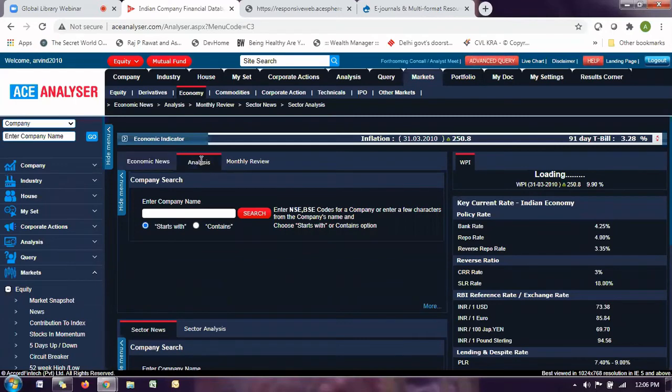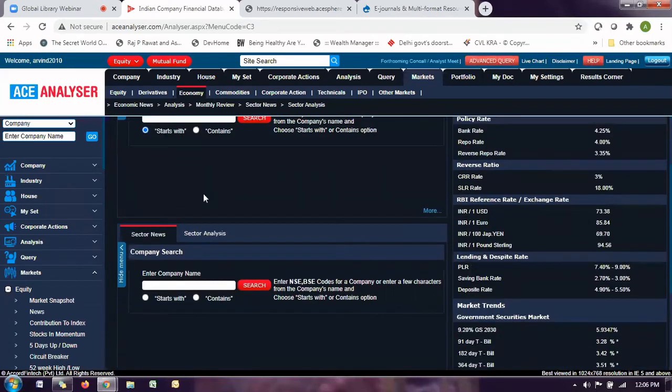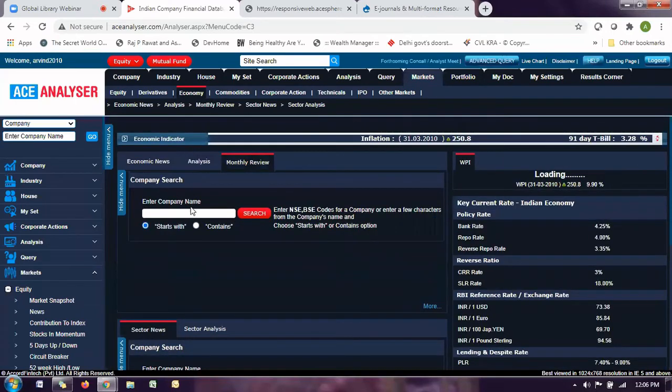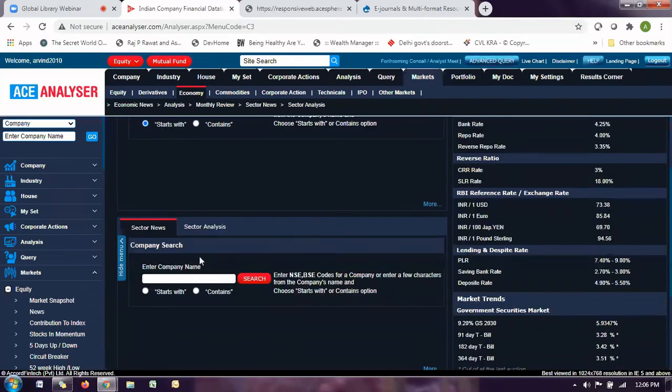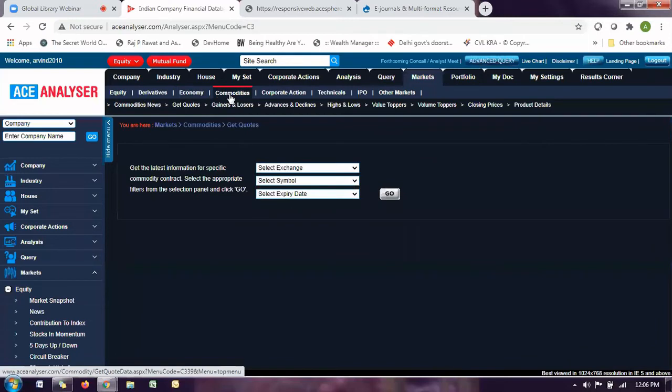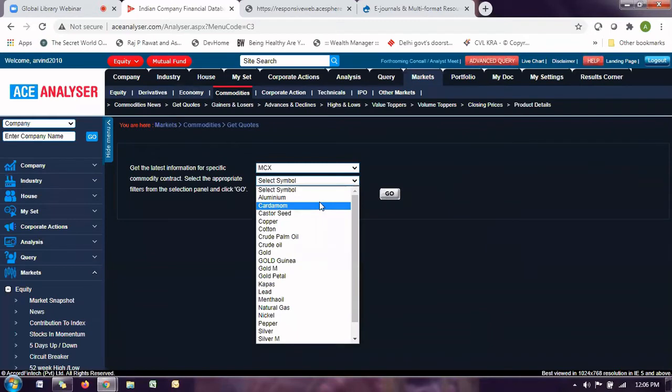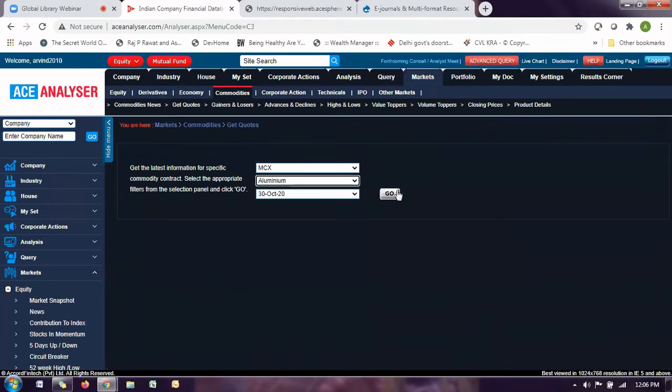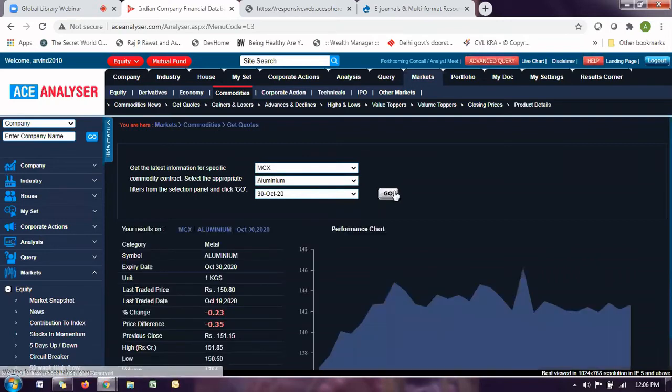Similarly, here we have the sector analysis manager, so you can open all those companies, those sectors from here. Then here we have the commodities section. So here you can have the data from the MCX or NCDEX. Similarly, if I want any details about the commodities, I can click on here and get the details of your various commodities from these two exchanges.